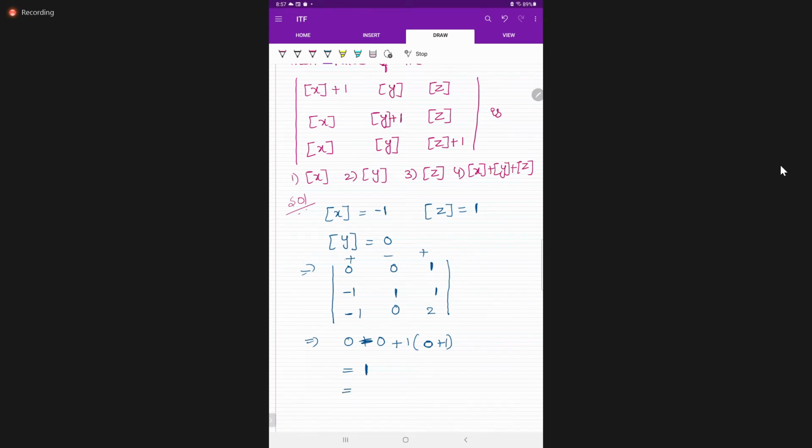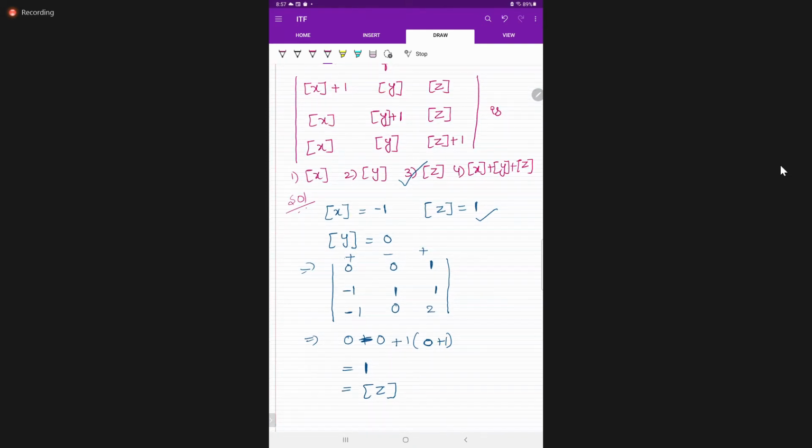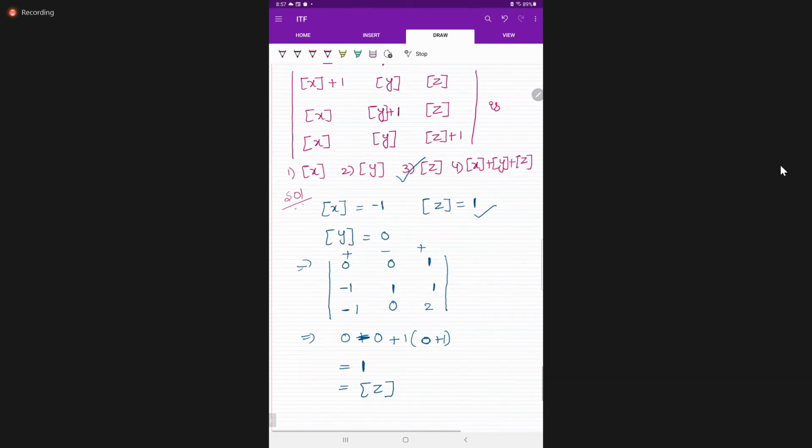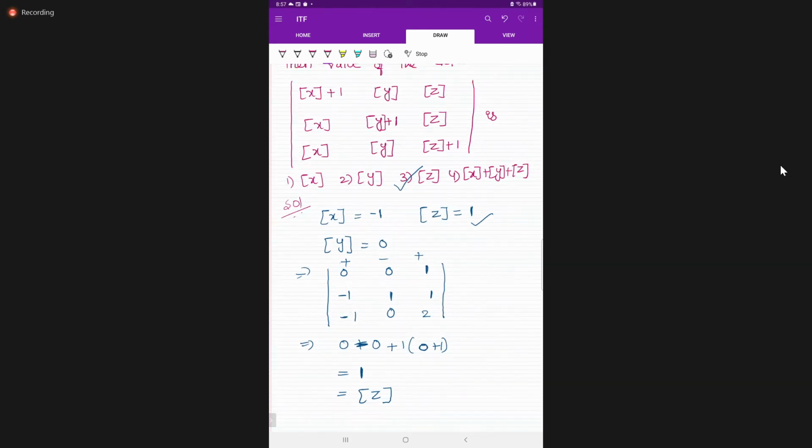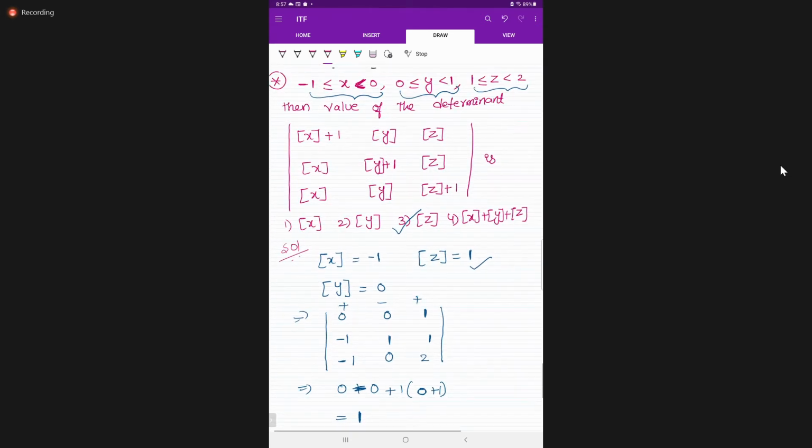So from these three, where it is 1 more step of z. What is the answer for this one? Is it clear, all of you? 1 is the answer. So in this, step of x, step of z value, it is 1. So option number 3. Is it clear, all of you students? Please respond. Clear, ma'am.